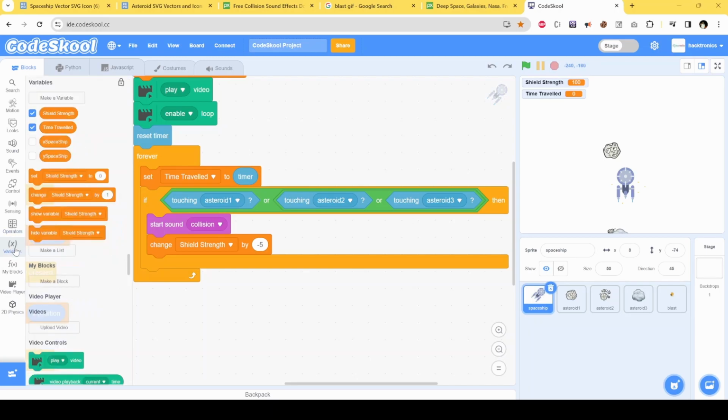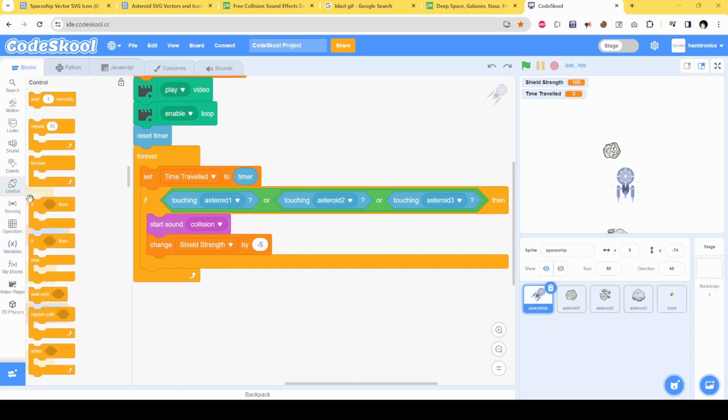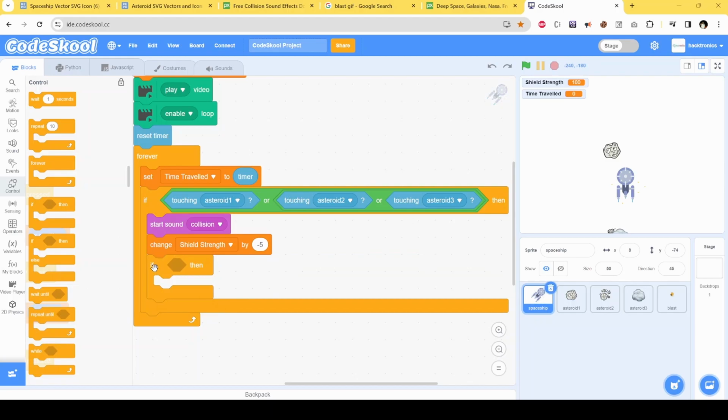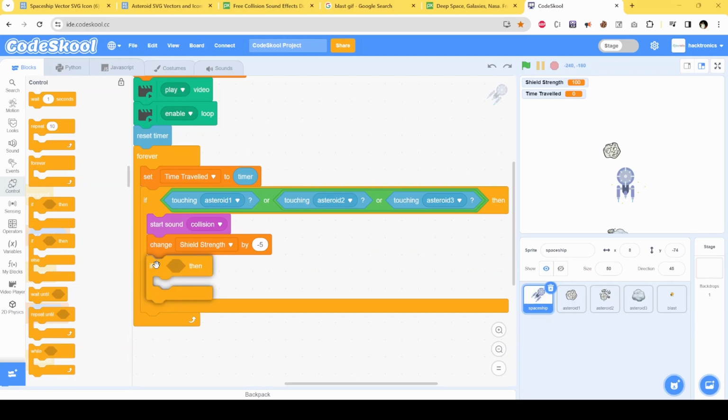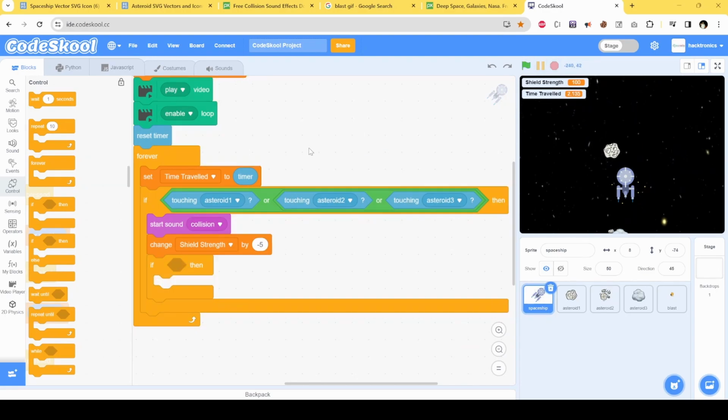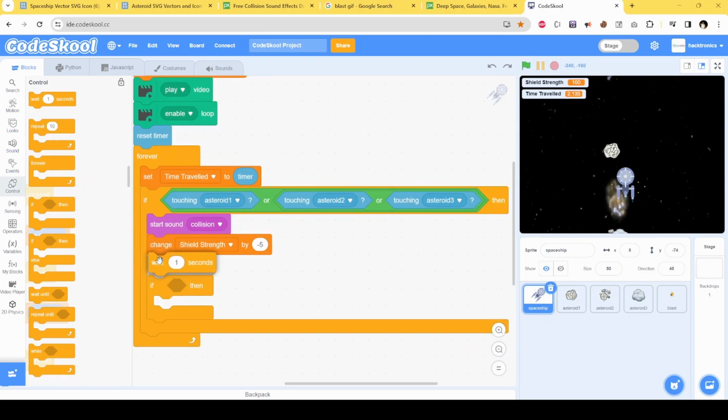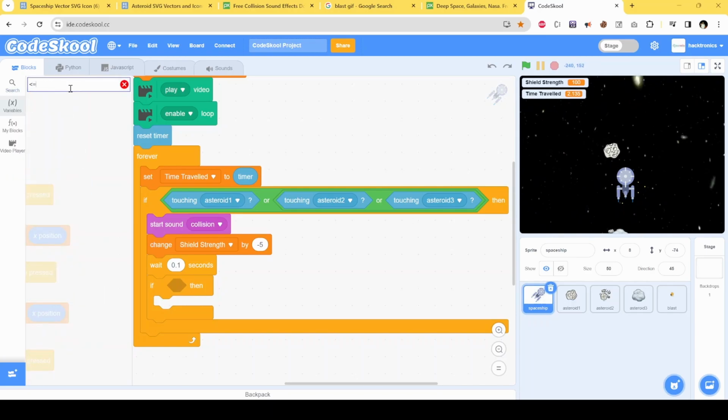So I'll use again the if block, maybe here. Or maybe we only need to check if we had reduced the shield strength. So let me add a delay here, like 0.1 second. So if the shield strength is reduced, and now if the shield strength is less than 0, less than or equal to 0,